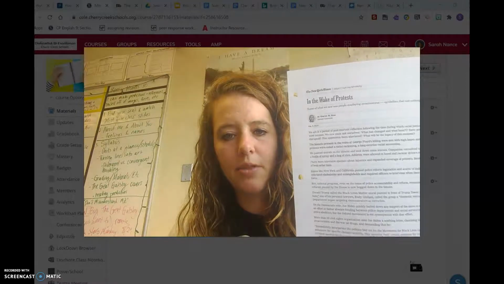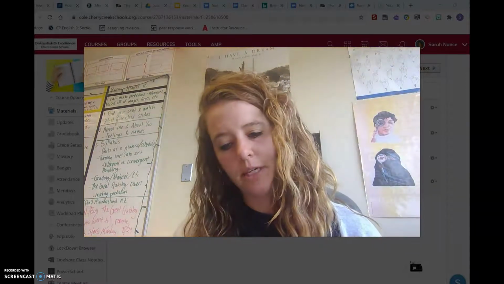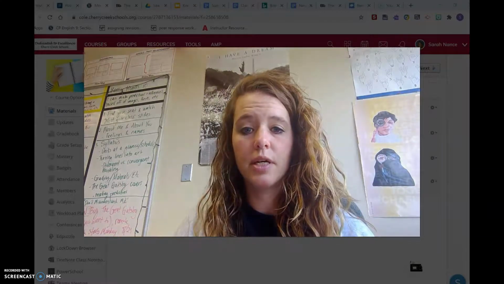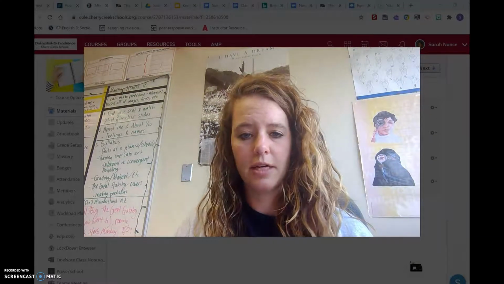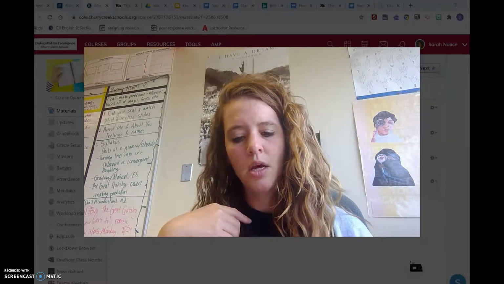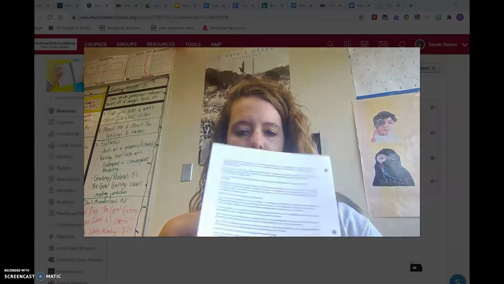When we think about the speaker, I mean, he's pictured right there, but he is Black. And so that's going to affect the way that he approaches the audience. It's going to affect the way he approaches the subject. And again, think about that rhetorical triangle. So it's super short, just a page and a half.